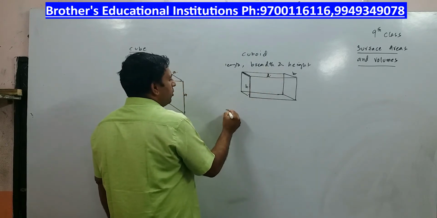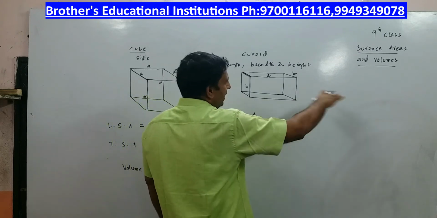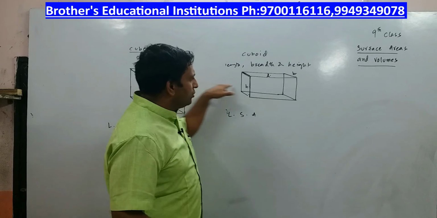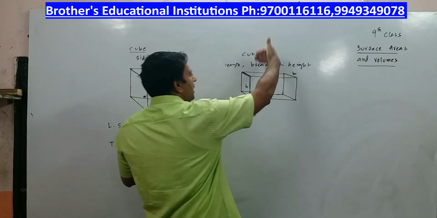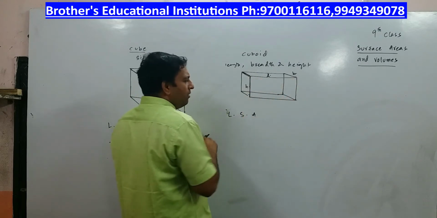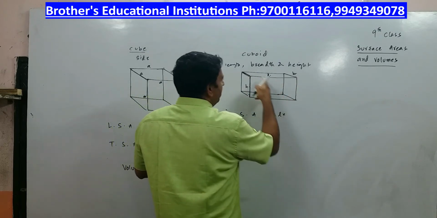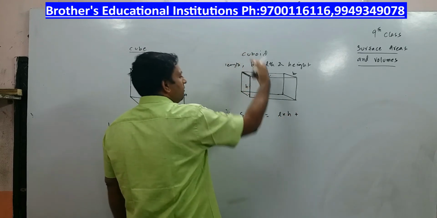Now if I speak about the lateral surface area, when you see like this in one direction, you can see there is one rectangle this side, another rectangle this side. So for this rectangle, what is the area formula? Length into breadth, but instead of breadth you have height, l h. And that side also you have got one more rectangle.